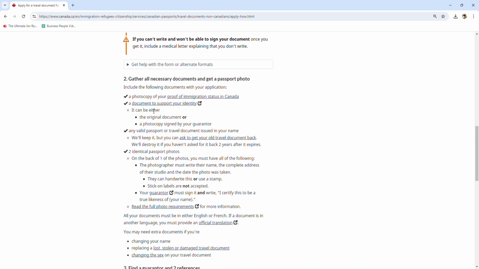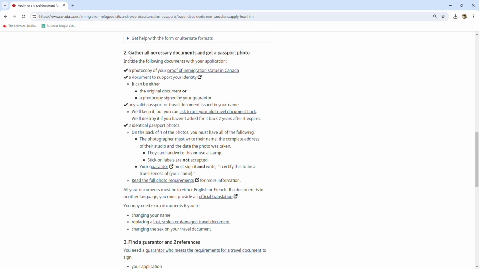As you can see here on the screen, you need a photocopy of your proof of immigration status in Canada. For example, if you are a PR, if you are holding convention refugee status, or you are holding some status in Canada, then you send the original documents